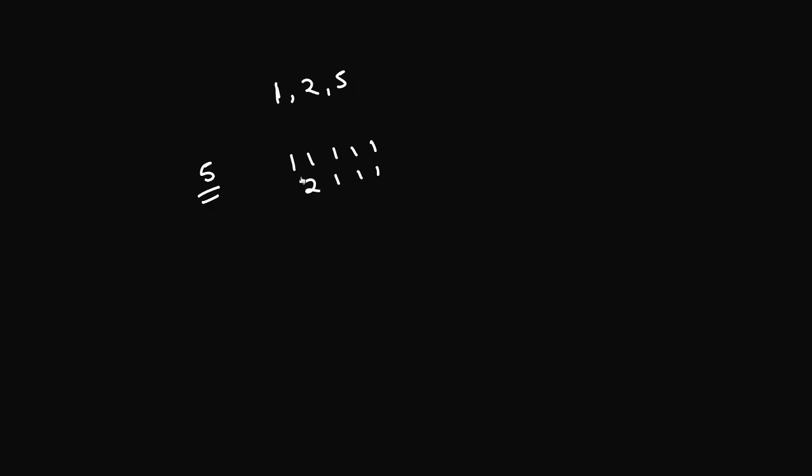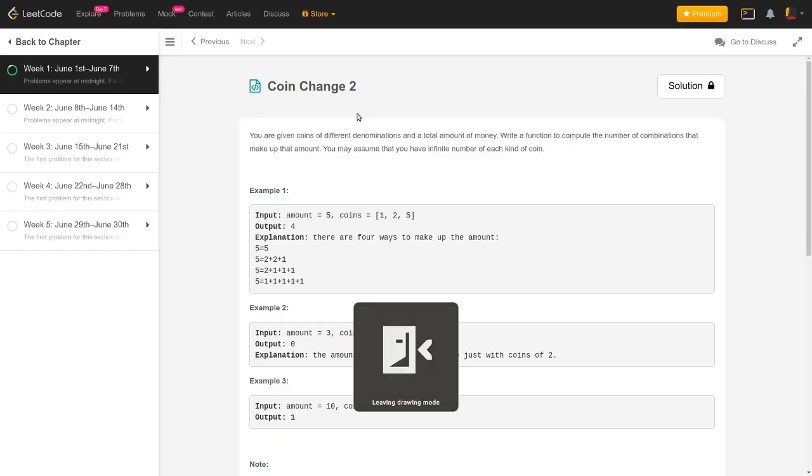Or maybe in this, what you can do is you can again take these 2 coins and create a 2 out of them. So you have 2 2 and 1. So this is also one way in which you can create 5. And one last way is if you combine all of these, you can use a coin of amount 5. So that is one more way. Okay, so we have 1, 2, 3 and 4. So a total of 4 ways in which we can create amount of 5 using the coins 1, 2 and 5. So the way we actually deal with it using knapsack is something like this.